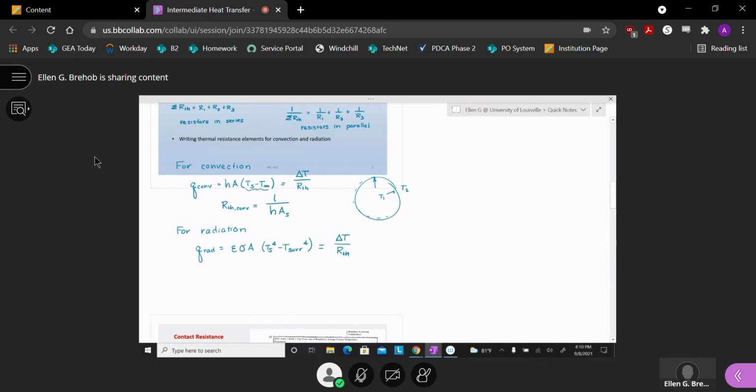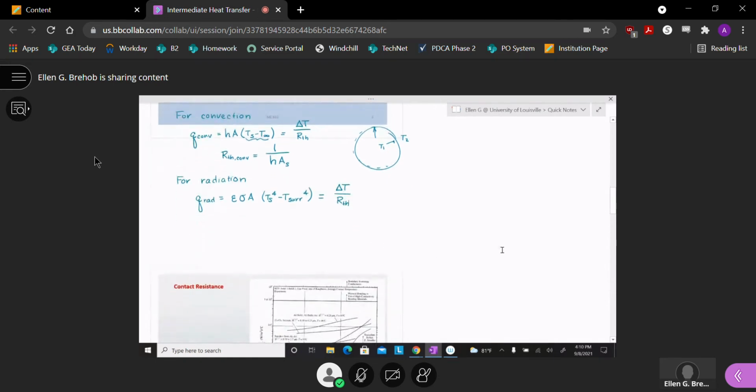So I've written down the Stefan-Boltzmann equation for describing heat transfer by radiation. Okay, and if we want to do this same thing again, we're trying to figure out how I could write a resistance element for radiation. If I expand out this temperature difference,